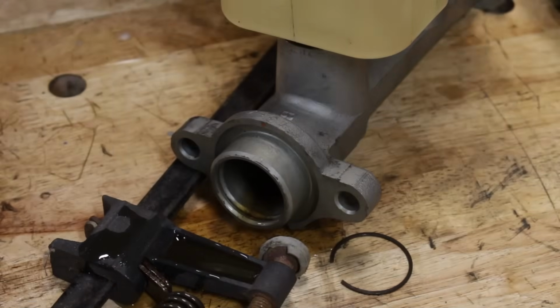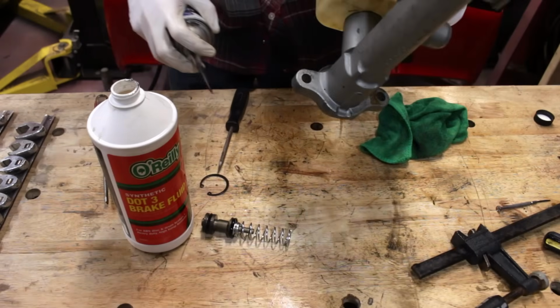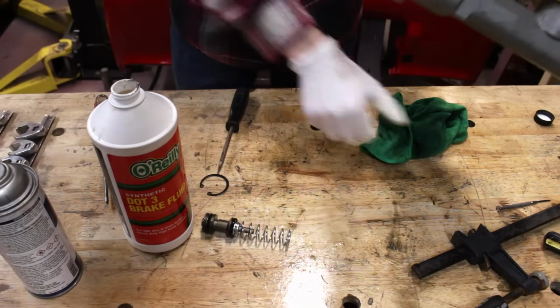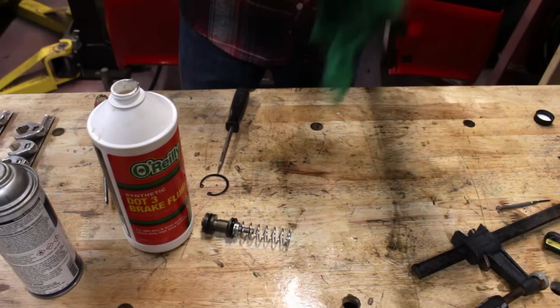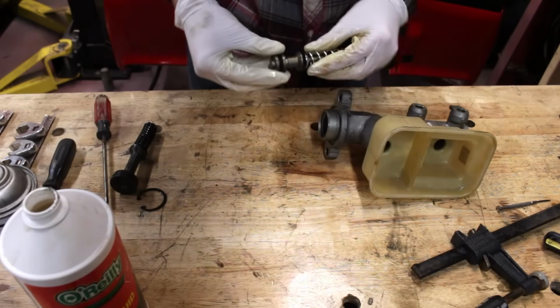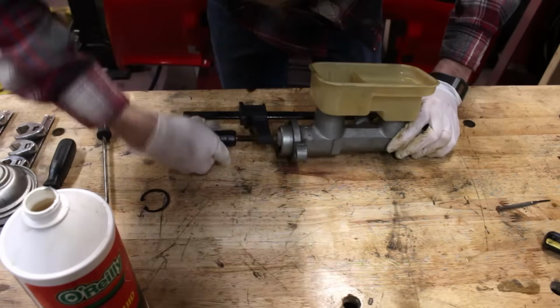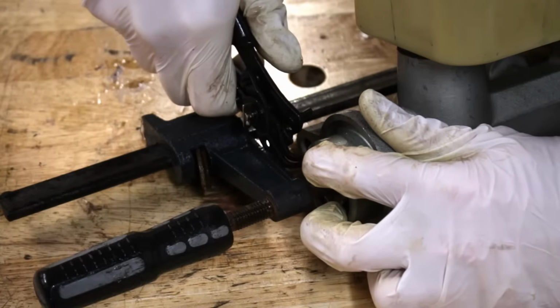Oh, goodness gracious. The whole inside bore was given a good spray with an aerosolized solvent and a thorough wipe down. I probably should be doing this on a piece of cardboard, huh? The seals on the new plungers for the rebuild kit were lubed up, and then they were slid in place. And once that was squeezed down, and the new retainer clip popped in,